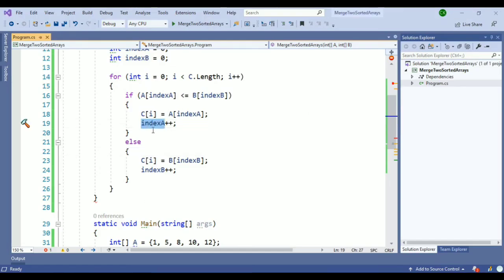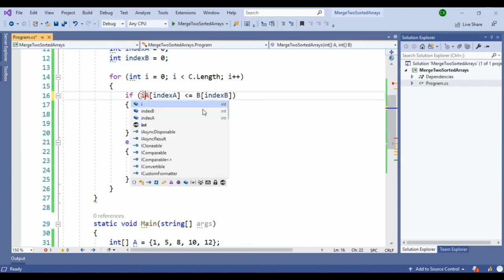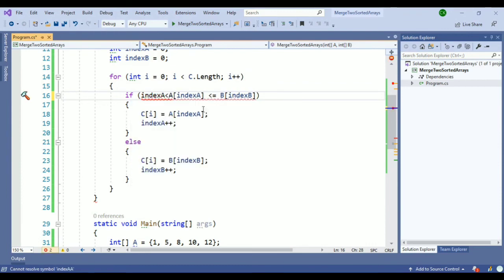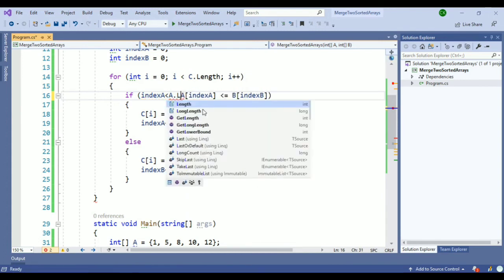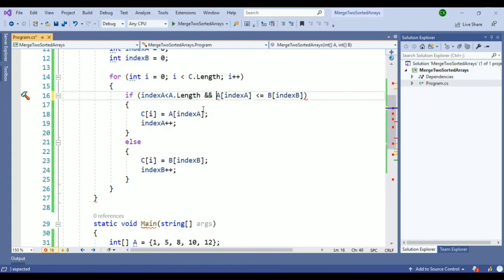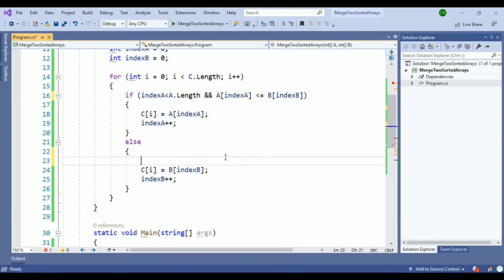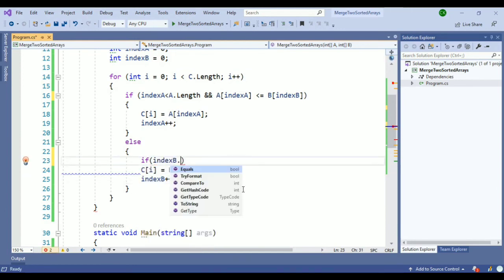This index should never cross the length of A. That is one condition I am adding: index A is always less than A.length. This condition should be satisfied. And here also we need to add the same condition: the index B should never exceed the length of array B.